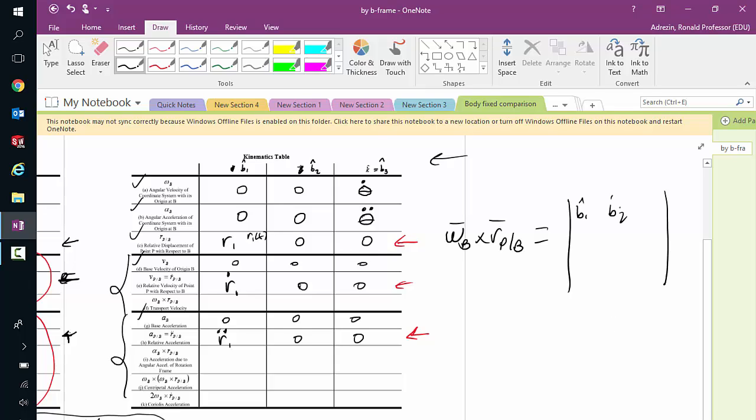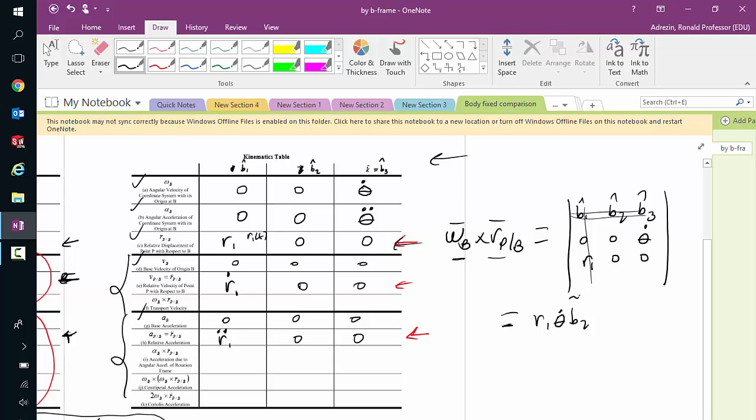b1, b2, b3. Then I take my omega line. What's that? 0, 0, theta dot. Then I take my r line, which is right here, r1 of t, 0, 0. So if I take my determinant of that, let's see, if I cross out my b's, I have nothing. If I cross out my b2, what do I have? Plus, minus, plus, product this minus product of that. So I get r1 theta dot